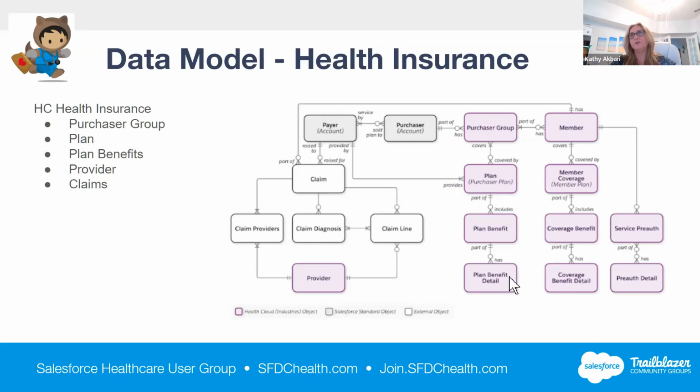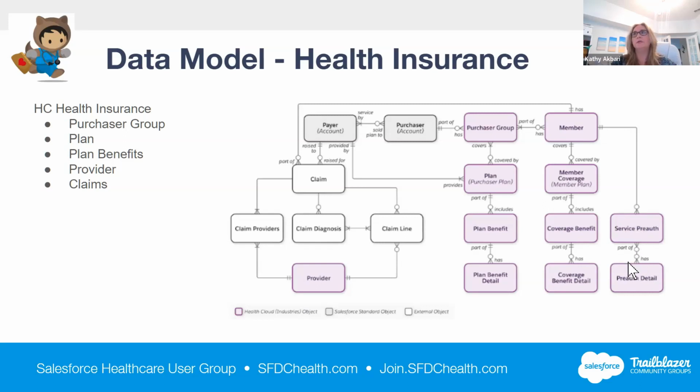And then the benefit detail gets into whether it requires pre-authorization, what the copay is, all that sort of information. That is the same as what you're looking at from a member point of view, where you have your coverage benefits and coverage benefit detail. There are codes related to these for the different lines of business and the different service lines. Of course, there's still the pre-authorization and pre-authorization detail